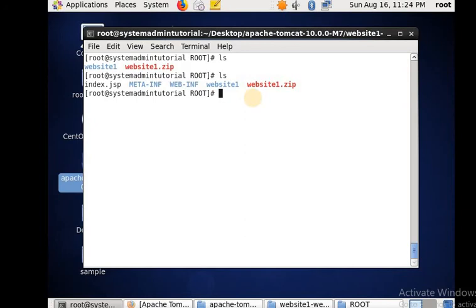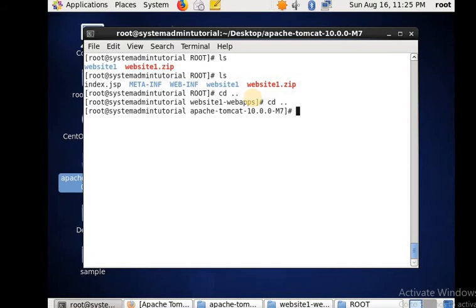You can see index.jsp, META-INF, and WEB-INF are there. If the zip file is not required, then we can delete it. Other files, that is the website1 zip file, will be handled in the same way. We will also extract all the files in the other respective directories.